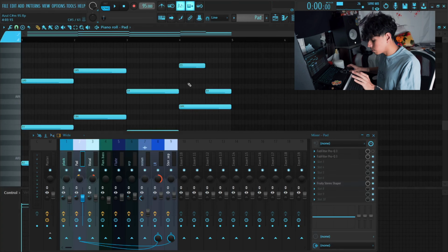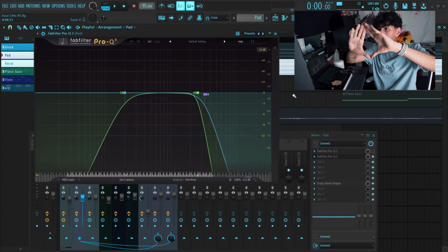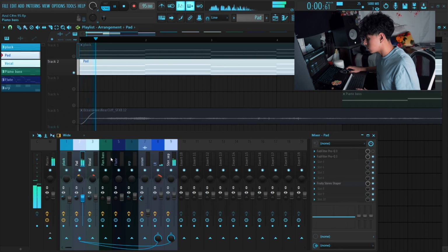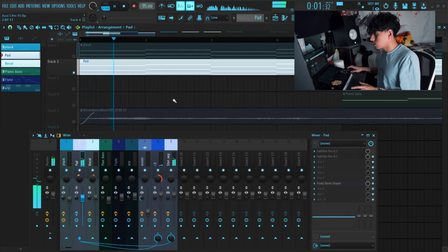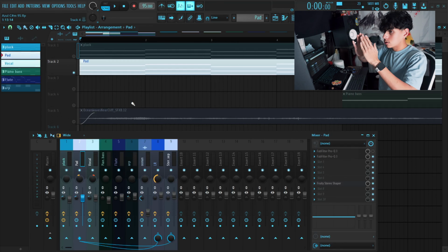For the pad, just a mid-side EQ. That's what gave it that really spread out feeling. Gives it that wide sound because it's like side, you feel me? It sounded like this. Because before, it sounded like this. You hear the difference? One is more aggressive, one is more...